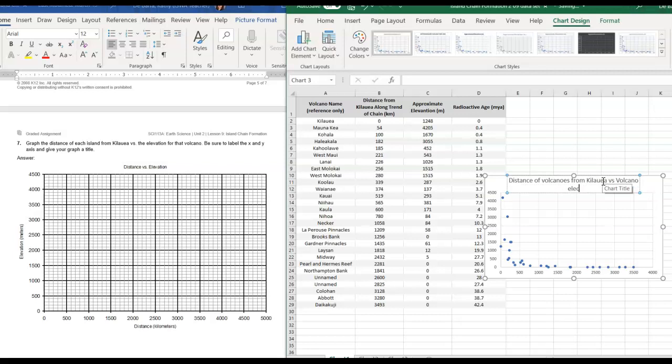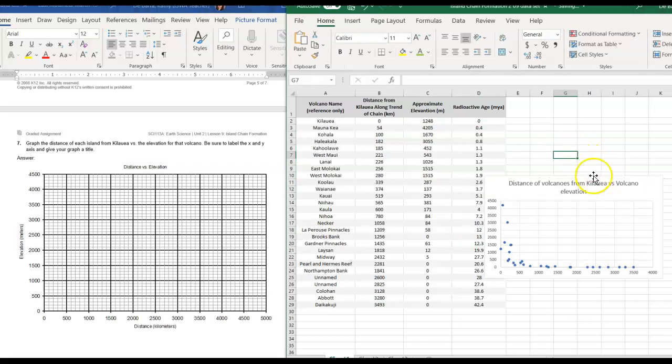Okay, so we're looking at the distance of each of the different volcanoes from Kilauea versus the elevation of those